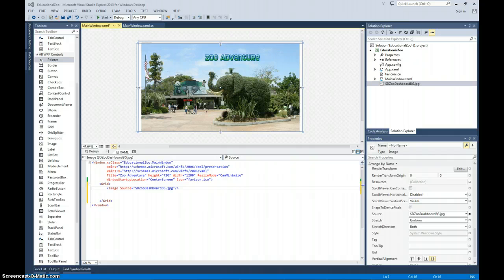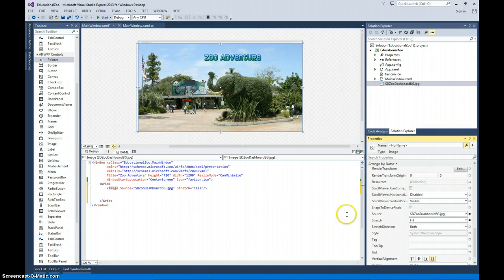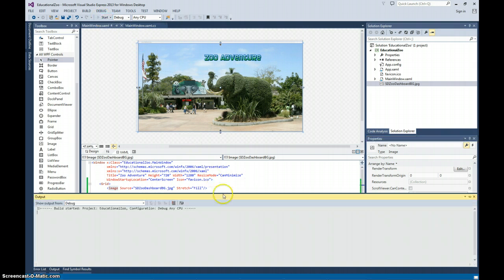What we can do about that is there should be a stretch property for our image. That image is now set for uniform. Let's go ahead and make it fill. Our XAML area down here simply updates with what we've selected. Remember, this is all our visual type layouts and looks. And now we're done. We have our zoo adventure, and if we run the program,